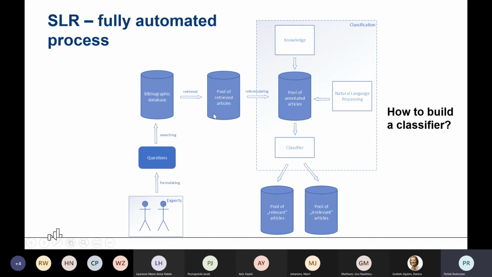So how is it done? We have papers retrieved from bibliographic databases, and these papers are annotated using some knowledge. Usually this knowledge is contained in ontologies, one or many ontologies. And the annotation is done with the help of NLP techniques. So eventually we have a pool of so-called annotated articles. And these annotated articles are passed to one or many classifiers. And the classifiers decide whether a given annotated paper is relevant or irrelevant. The problem with this fully automated approach is that it is not obvious how to build a classifier, how to use these annotated papers to provide parameters of a classifier